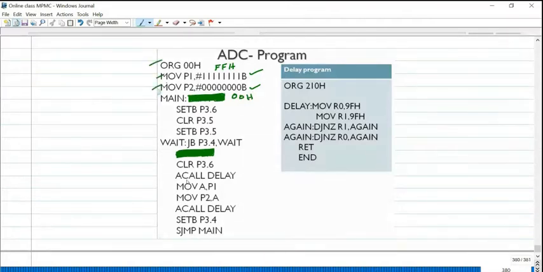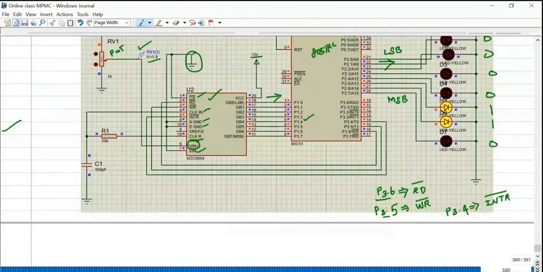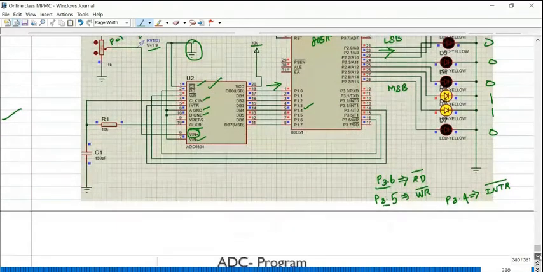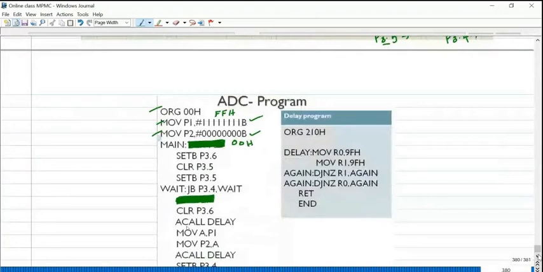Next, set bit P3.6. What is P3.6? Read bar. Initially read bar is high. Next, P3.5, that is write bar.